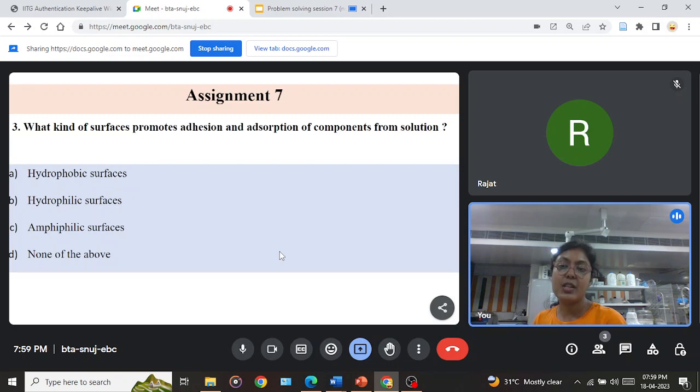A, hydrophobic surfaces, B, hydrophilic surfaces, C, amphiphilic surfaces, and D, none of the above. Okay, so the correct answer would be option number